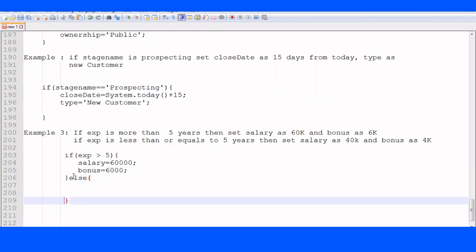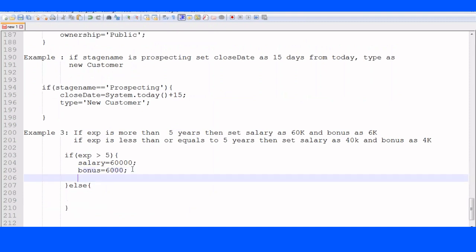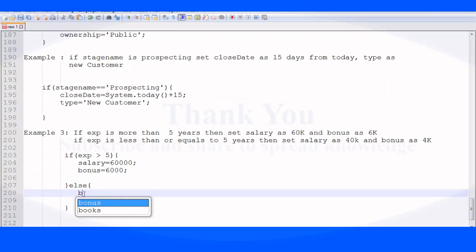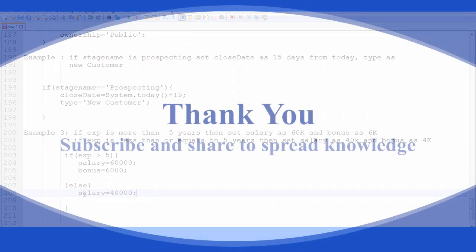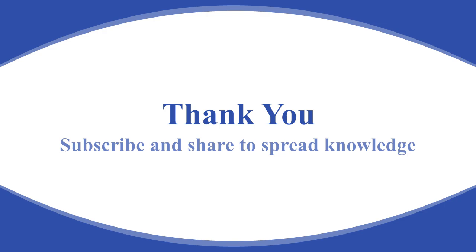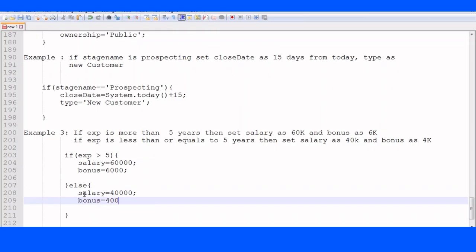Else I will give, if it is not greater than 5 years, then salary equal to how much? Salary equal to 40,000. Bonus equal to 4,000. This is how I will do it. People have followed the conditions. So understand the requirement, then know